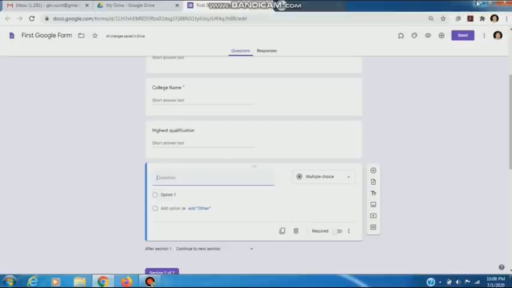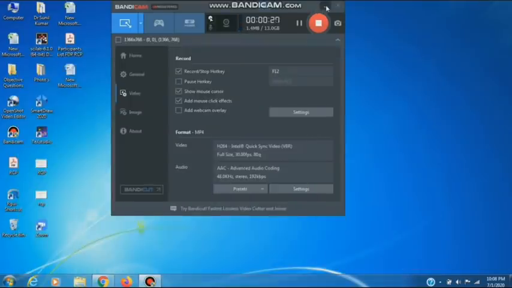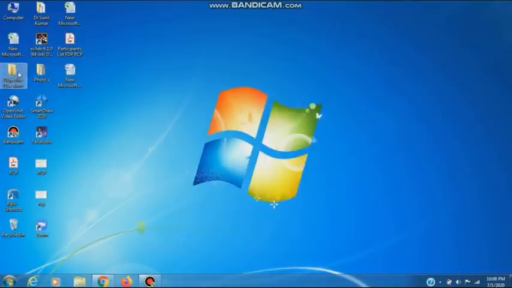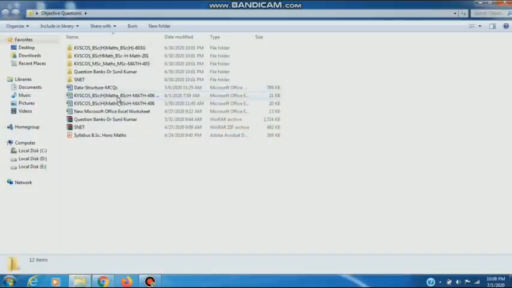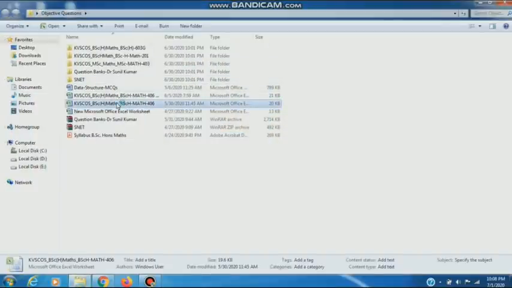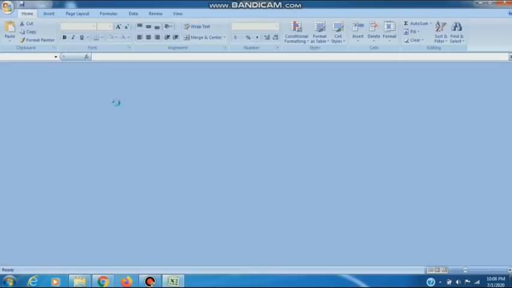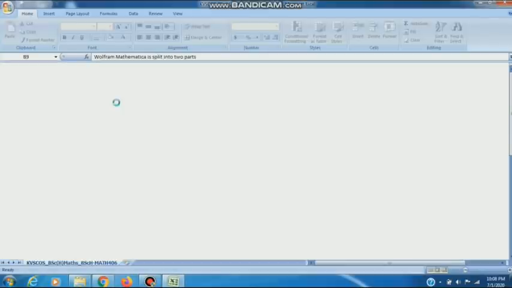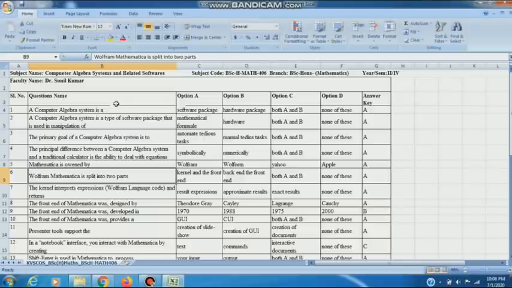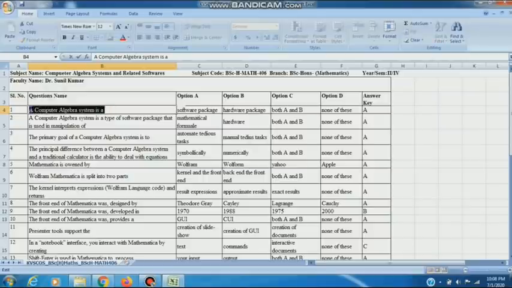We can choose anyone. We can copy from any files. Suppose I copy from here. Well, this is a computer algebra system related software question paper. I can copy from here